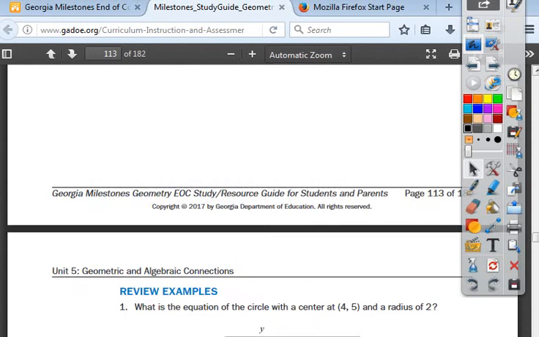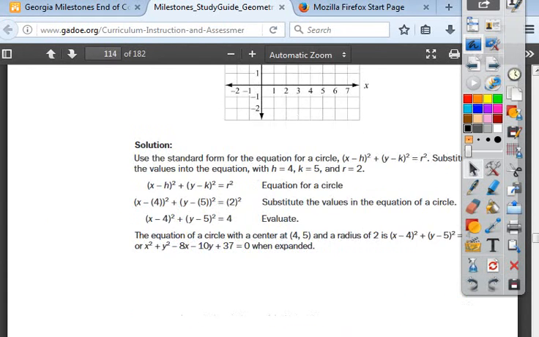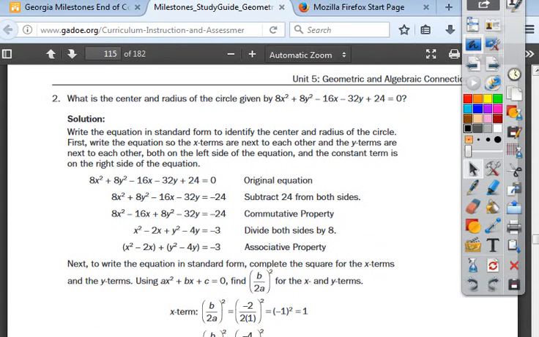So we need to make sure we remember that. See if it's got a problem here. If I wanted to take this one and write the equation, the center is my H and K part. So when I write it, I've got to change the sign. And then what goes over here? Not 2, 2 squared. The radius part has to be squared. All right, now on one like this,